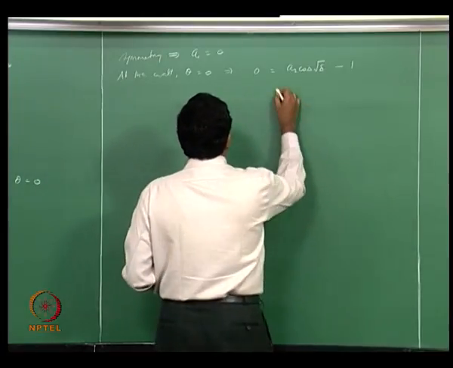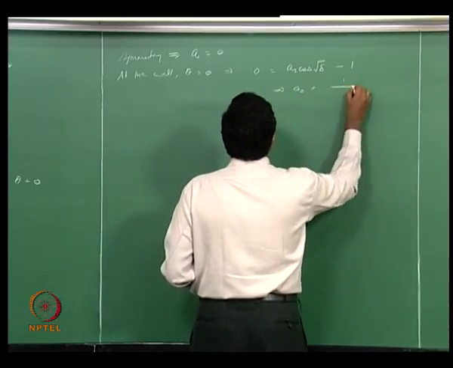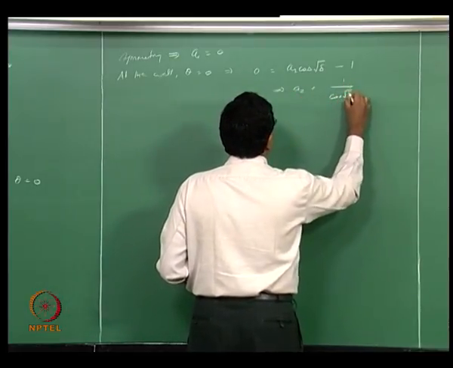So from here we get a2 equal to 1 over cosine square root delta,